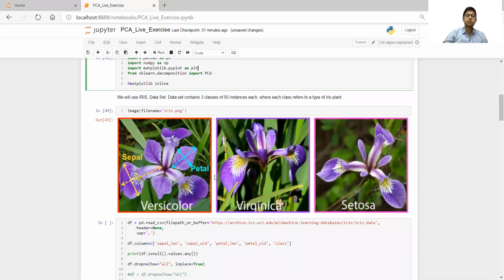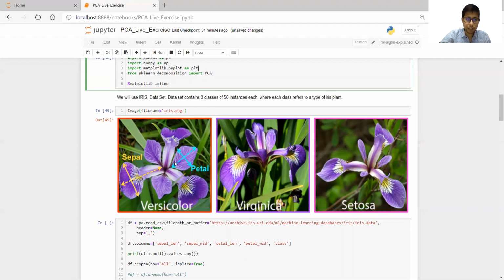So in today's lecture, I'll be taking the iris dataset. What does the iris dataset contain? That's why I imported this beautiful picture. Iris is a plant, and we will have different variants of these plants. This dataset contains 3 classes of 50 instances each, where each class refers to a type of iris plant. And the dataset contains 4 columns: the sepal width, sepal length, petal width and petal length.